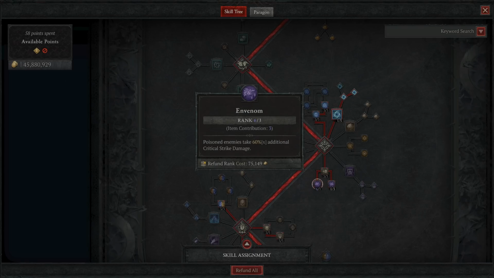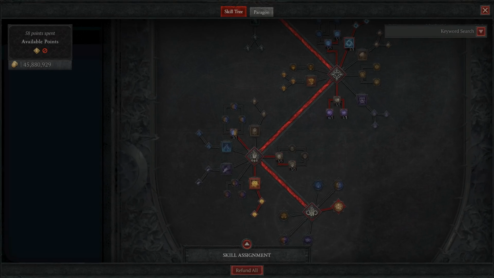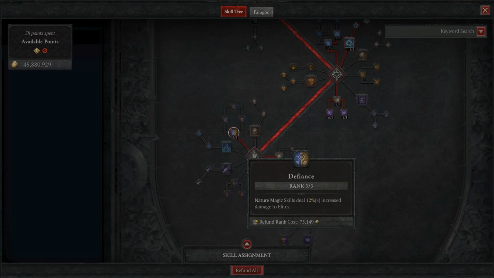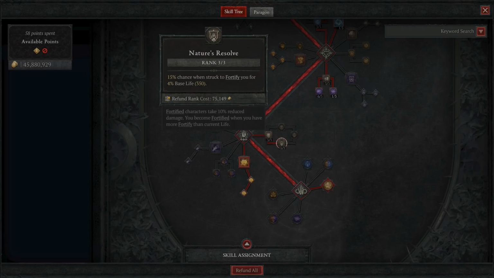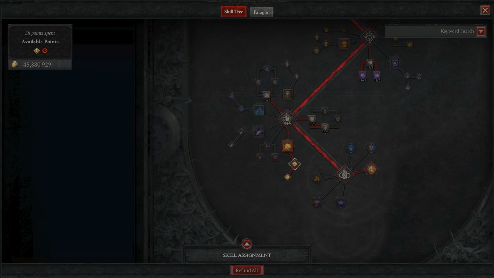And then, of course, our biggest damage increase on the skill tree is Envenom. Poison enemies take 30% additional critical strike damage from the 3 points we're putting in here in the tree, and then we're getting 3 additional ranks of this from our amulet. Moving down, we've got 3 points into Defiance for damage against elites, 3 points into Defensive Posture to increase the amount of Fortify that we gain, 3 points into Nature's Resolve for a chance to get more Fortify, 1 point